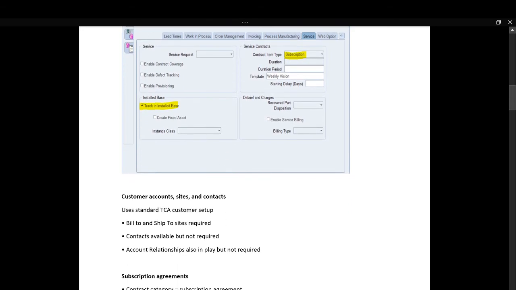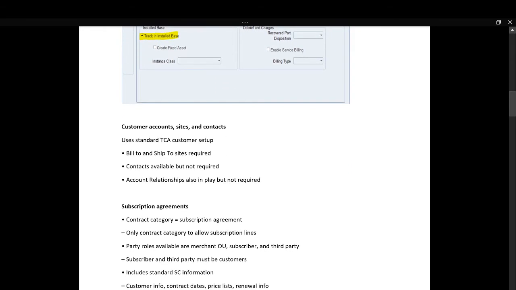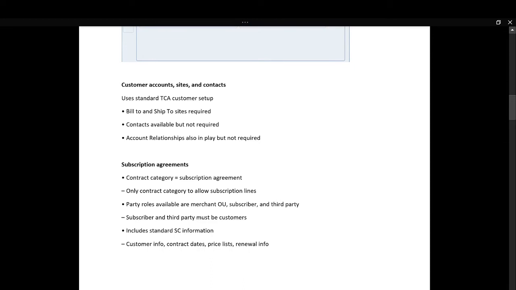These two main setups you need to define in the inventory system. For customer account sites, you need to define the customer setups. There is no specific setup for the subscription for the customer, so you just define the regular customer and use that.